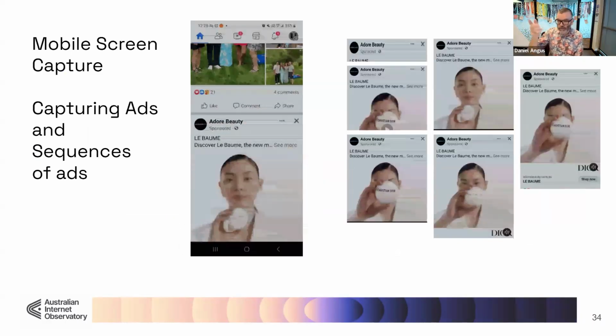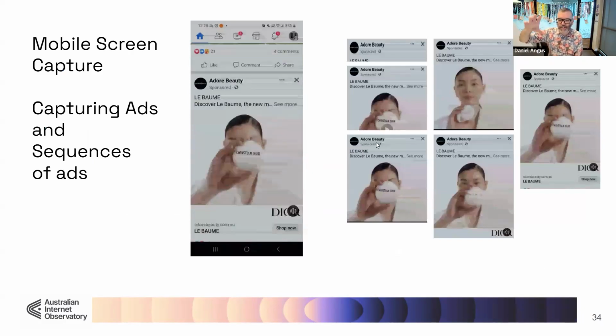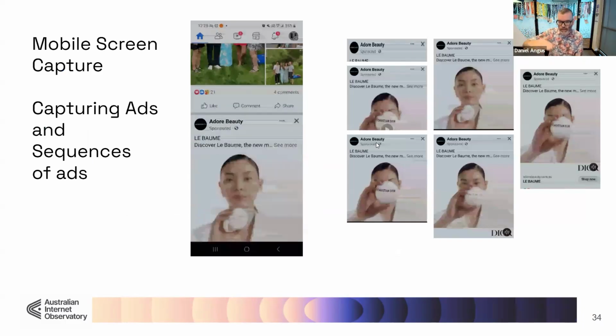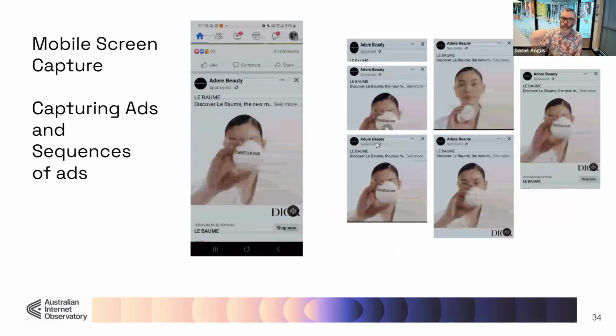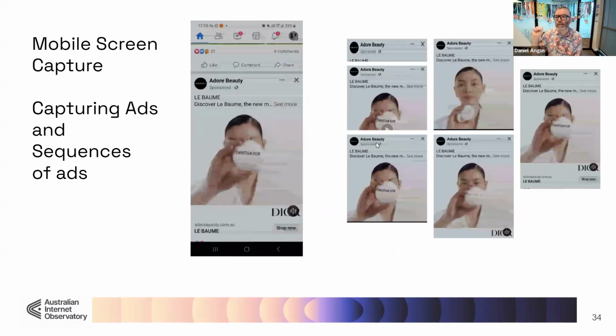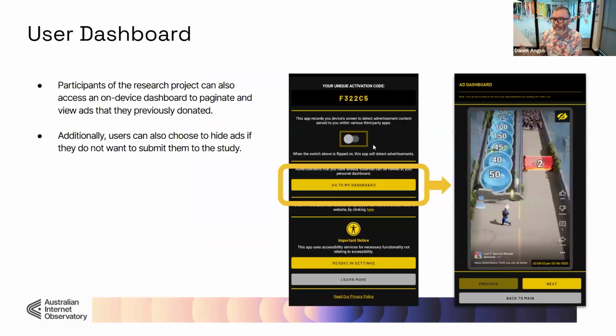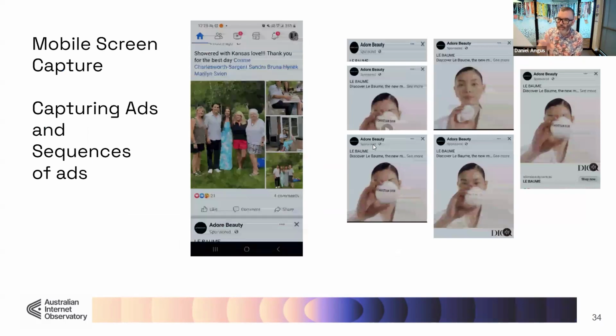There's an example of that on the next slide. Thanks, Nick. So you can see here a user is scrolling, you see some personal information there, but it's only at the point where it scrolls onto the ad that these sections of that MP4 have been extracted that actually show that ad itself. Now, of course, this comes with limitations. Some of those might be a bit grainy or a bit stretched.